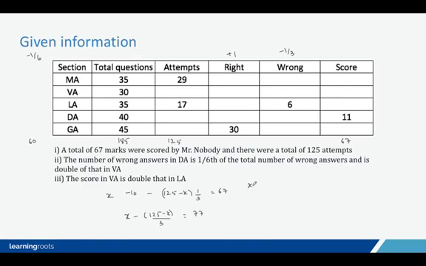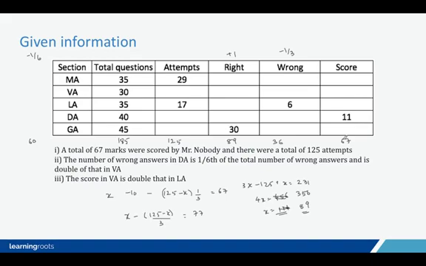So we get 3X minus (125 minus X) equal to 77 into 3. 77 into 3 is 70 into 3, 210, plus 21, that is 231. Fine. So 4X will be equal to 356, and X will be 89, since 4 8s are 32 and 4 9s are 36. So he got 89 right answers and 36 wrong answers, because the total attempts are 125. So 89, 36 and 60 is the split. 89 correct, 36 wrong will attract -12, so 77, and -10 will be 67.